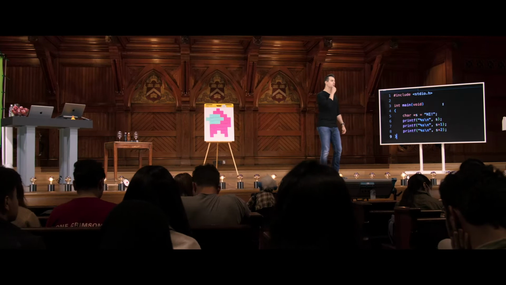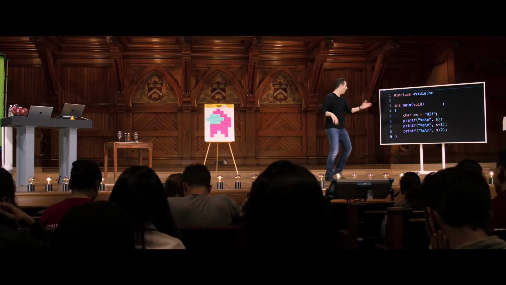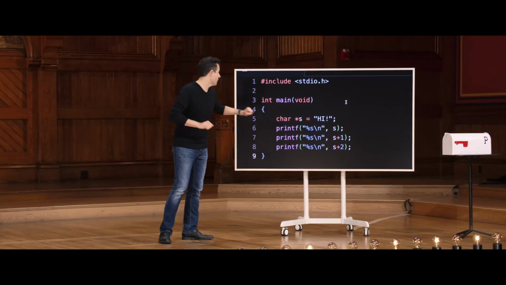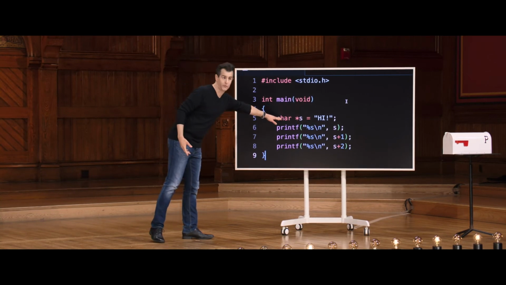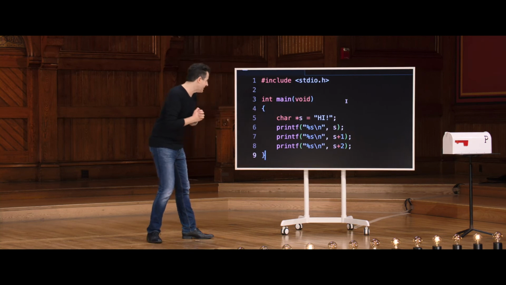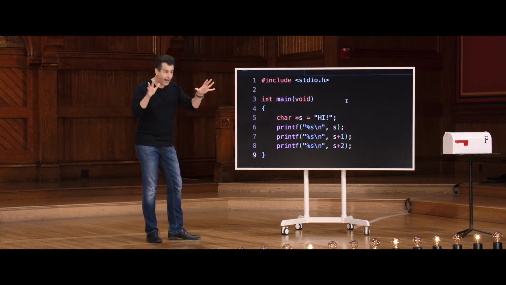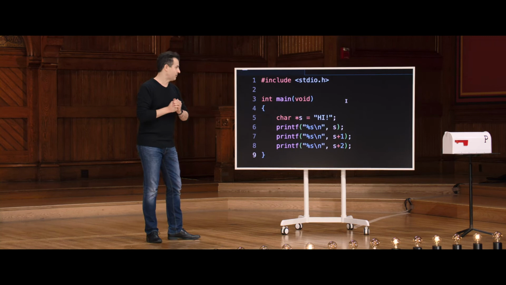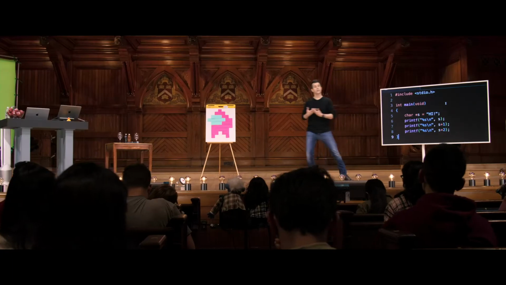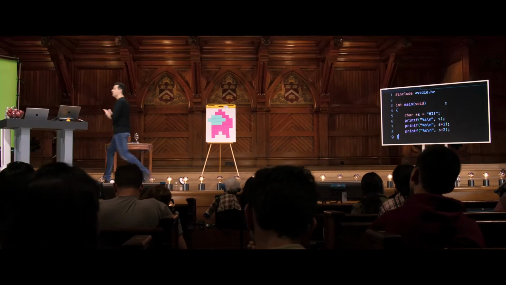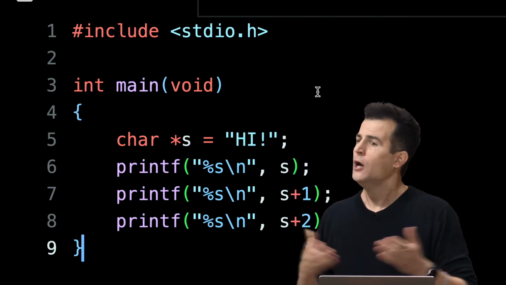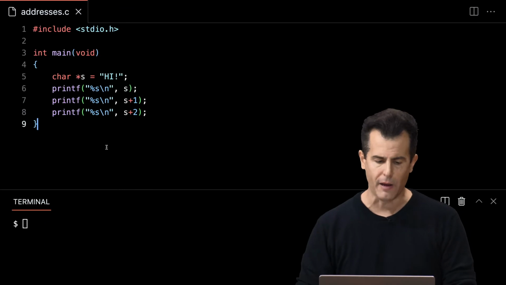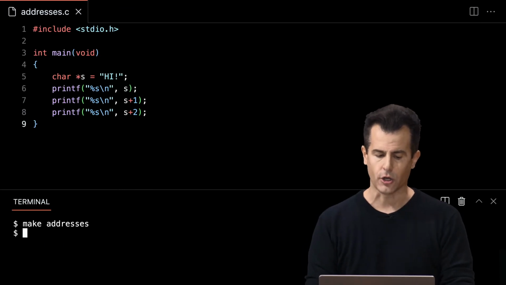Yeah, I think it's actually going to do the latter. It's going to print hi in the usual way, because honestly, line 5 is this, line 6 is the same as like week 1 stuff, except we took off the training wheel of string and we're calling it char star. But I think line 7 is indeed going to print out i, and line 8 is just going to print out the exclamation point. Printf will still be smart enough to know where each of those substrings, portions of the string, end by the same logic as always. But let me go ahead and zoom out, run make addresses, enter, compiles OK, ./addresses, and